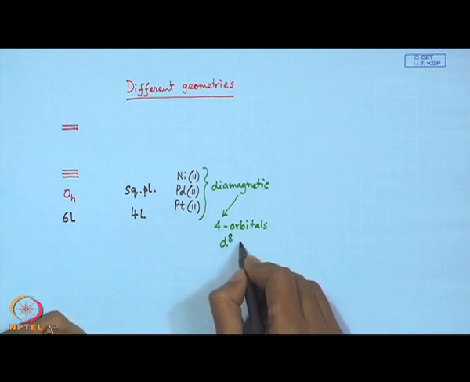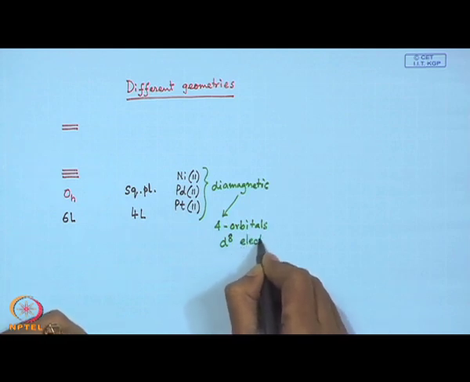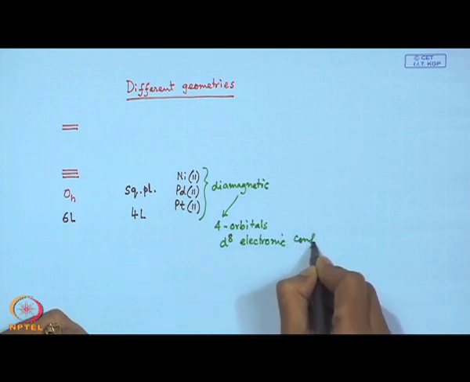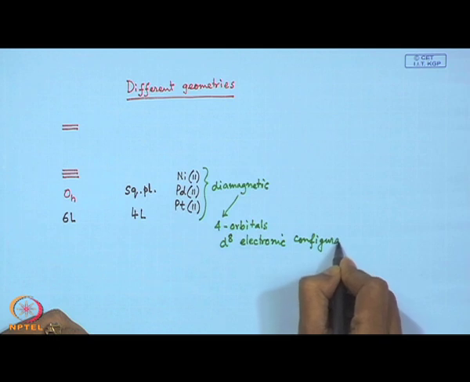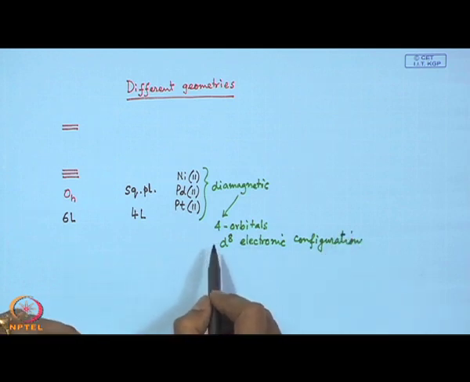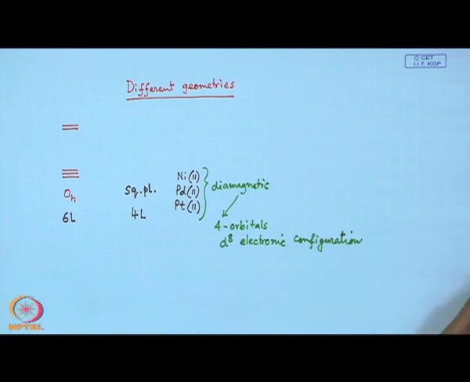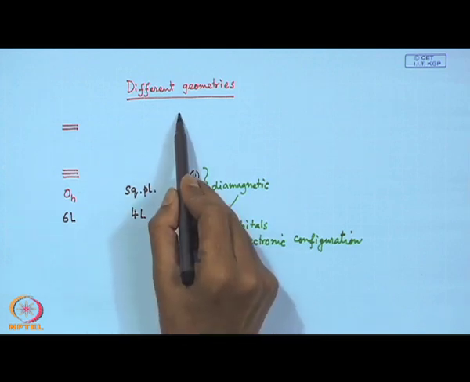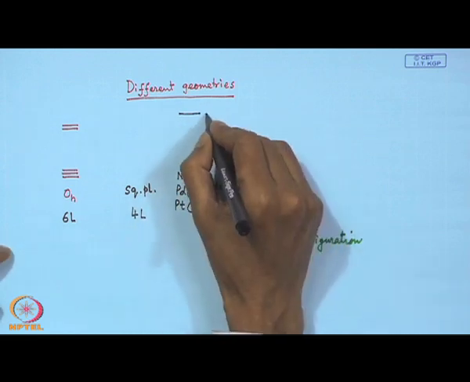So, we have the d8 electronic configuration, and these electrons can be accommodated within 4 orbitals. So, these 8 electrons will remain paired within the 4 orbitals,